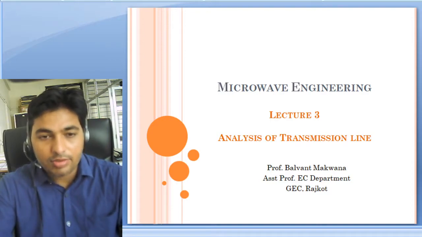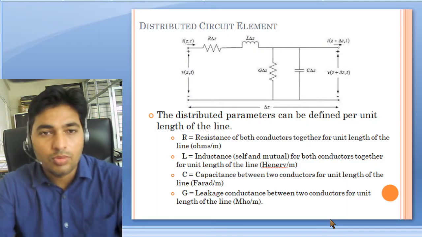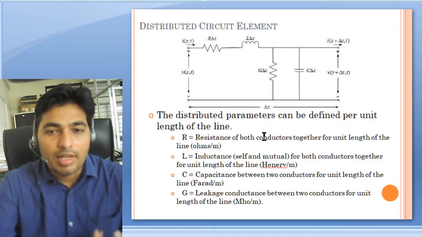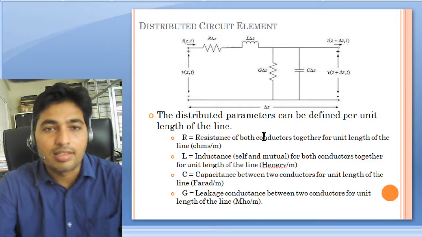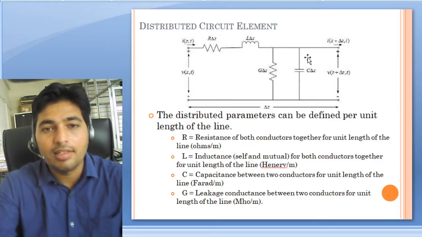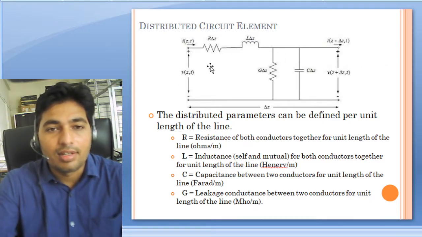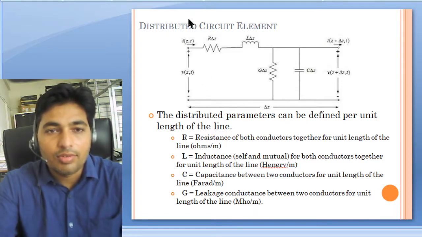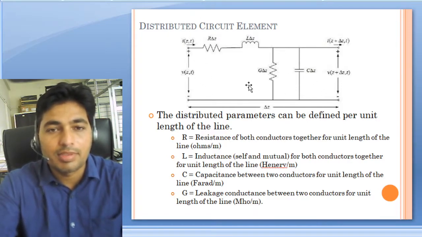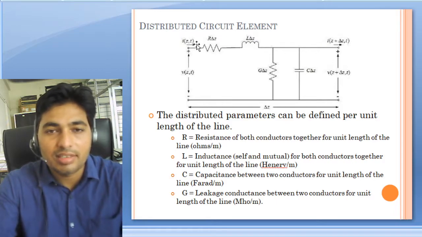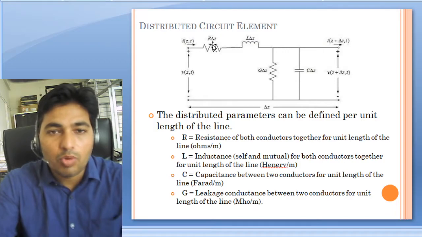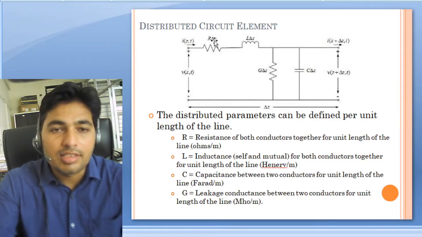Now, earlier to this lecture, in lecture number 2, what we have seen is that we have a transmission line and we want to analyze it, but we cannot apply KCL and KVL. So what we have done is we have taken a very small portion of the transmission line and modeled it into the equivalent parameters. These are the primary parameters, the distributed parameters. So we have taken the small portion and modeled it into this model, which consists of distributed parameters